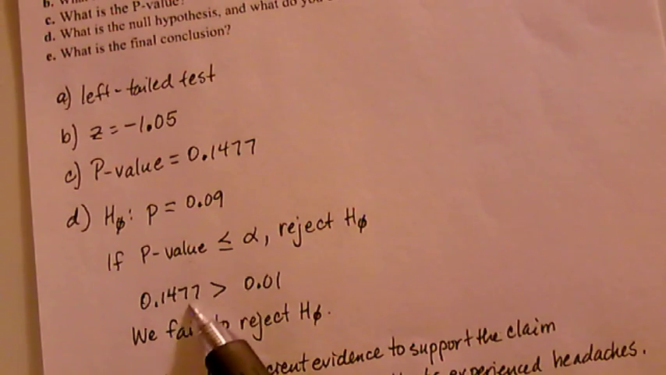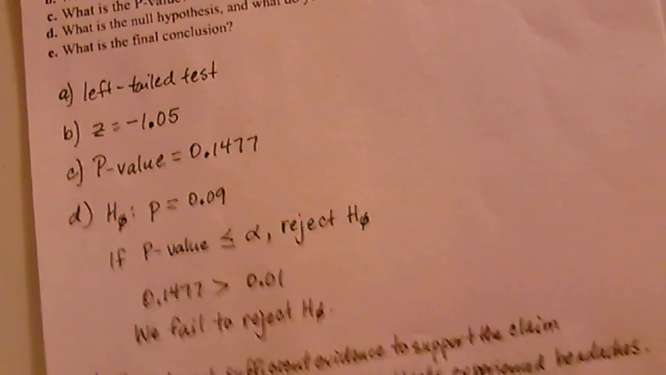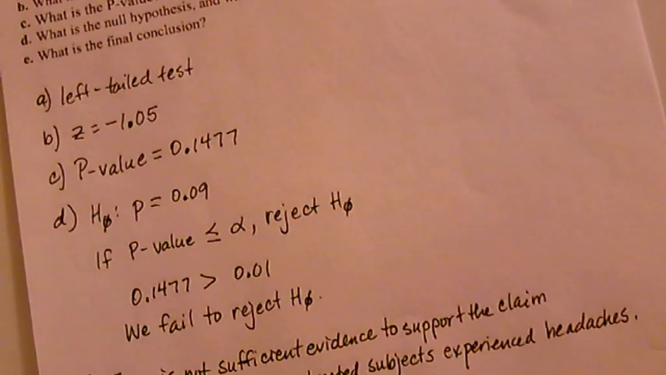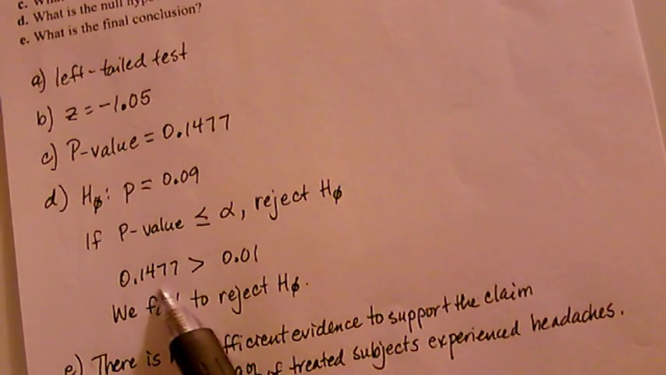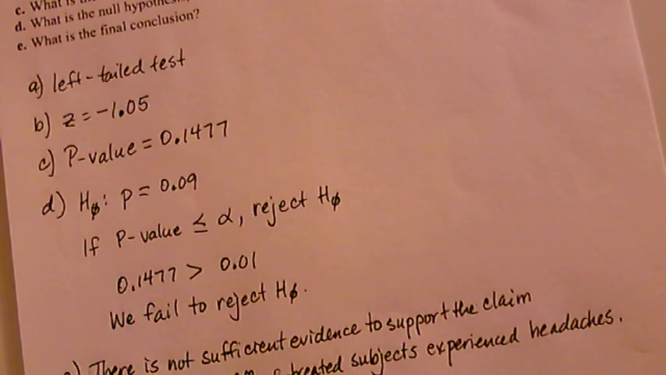So in this case here, your p-value was 0.1477 from part C. Your alpha level was given to you as 0.01. So if we compare 0.1477 with 0.01, 0.1477 is greater than 0.01, which does not satisfy the decision rule. So that means we have to fail to reject the null hypothesis. Okay, so we failed to reject the null because 0.1477 is not less than or equal to 0.01, which is